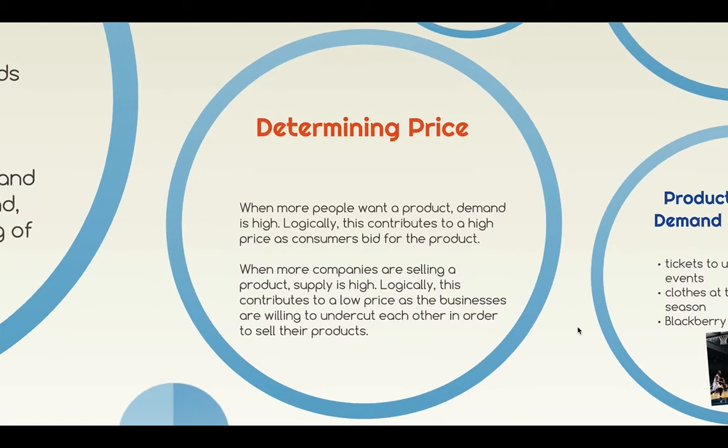So I think you can understand that the more people want an item, the higher the price will be. When the Leafs or the Raptors are in the playoffs, many more people want to go to the games, and the prices are higher and higher. So high demand contributes to a high price. And I think you might understand that when there's more of an item, prices are lower. If you go on StubHub and there's a concert with many tickets for sale, it's not going to get the same prices as a concert with a venue with limited seating and limited seats for sale.